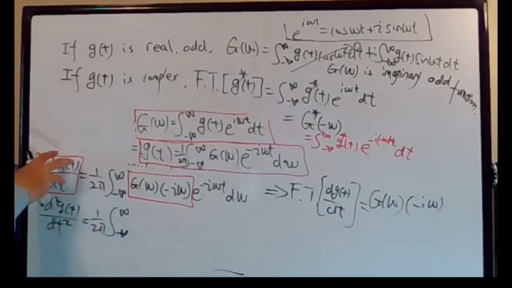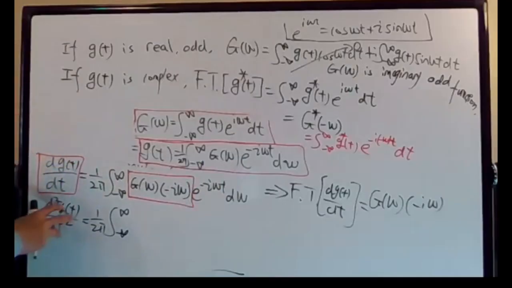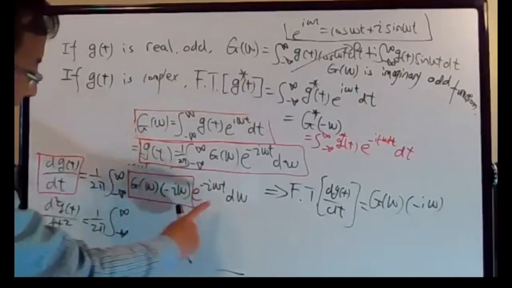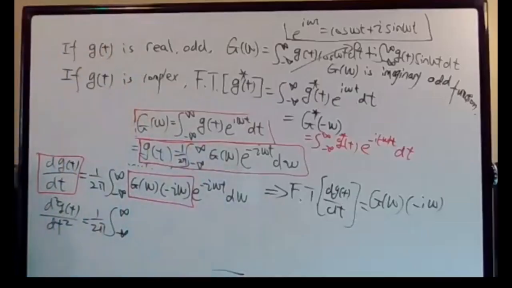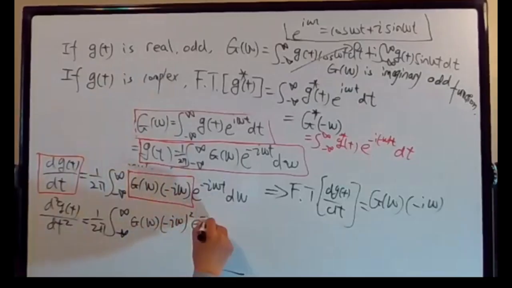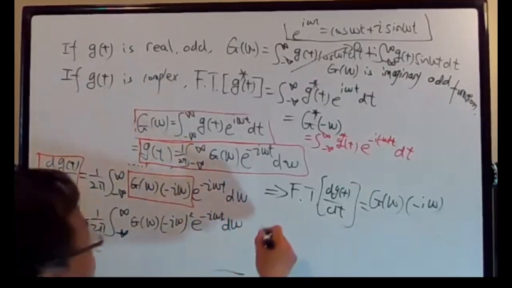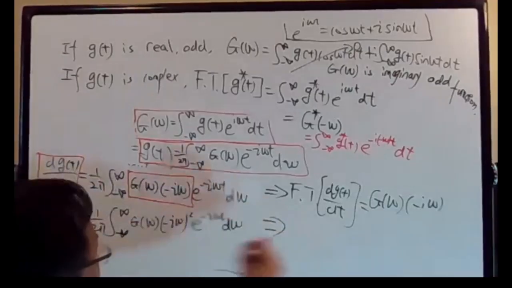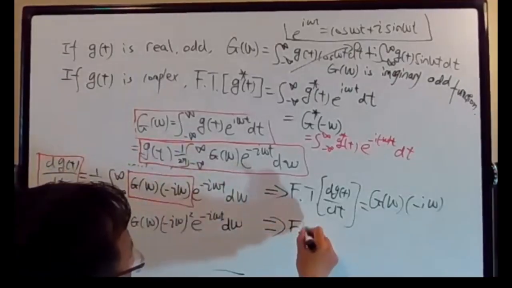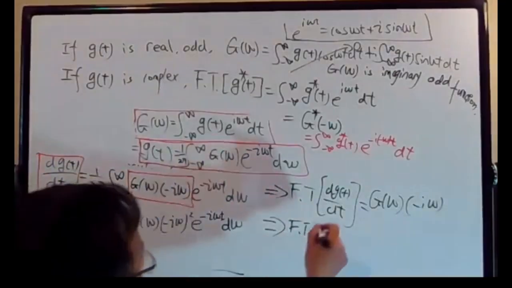Now we take a derivative here again, so it becomes the second derivative. And on the right-hand side, there's still only one term that has t. So we'll have g(omega), then negative i omega squared, exponential negative i omega t d omega. So that means we have the Fourier transform of the second derivative